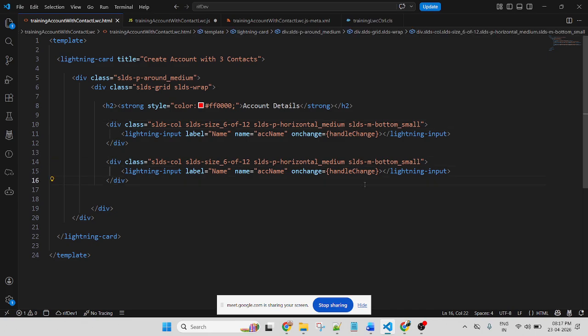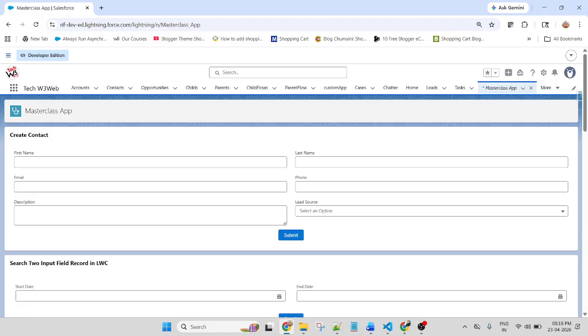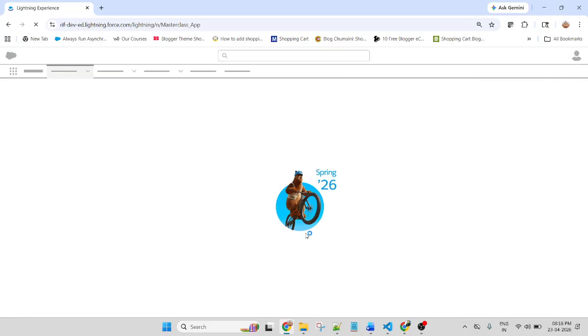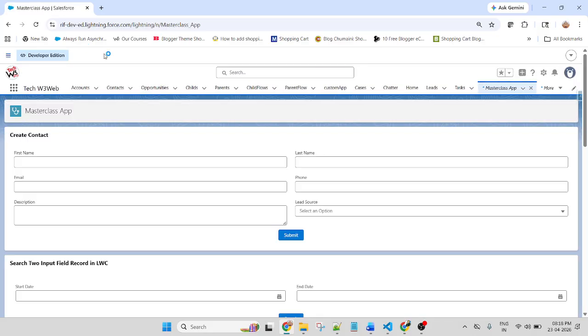Now let me first save and deploy the code and call it on the custom application page. My code has been deployed successfully. Refresh the page. Edit.